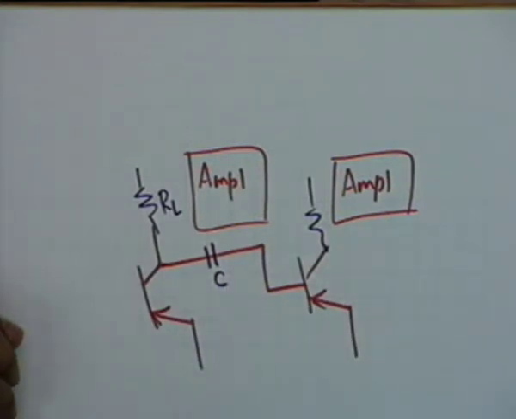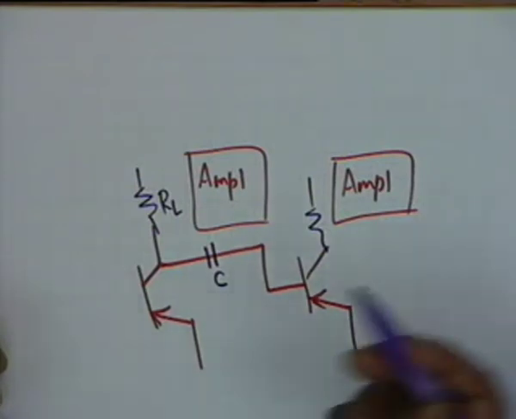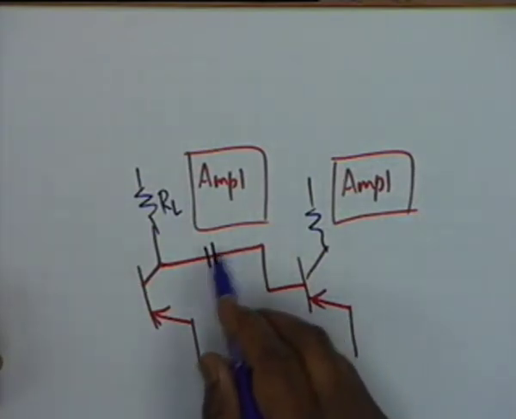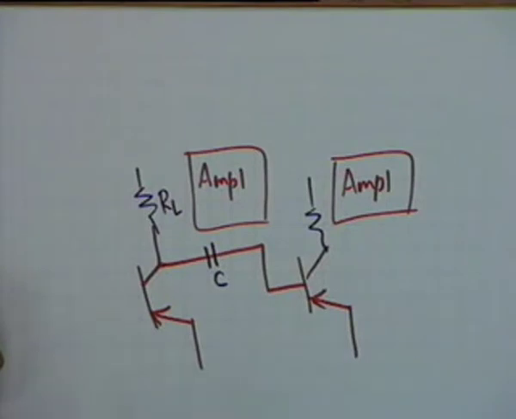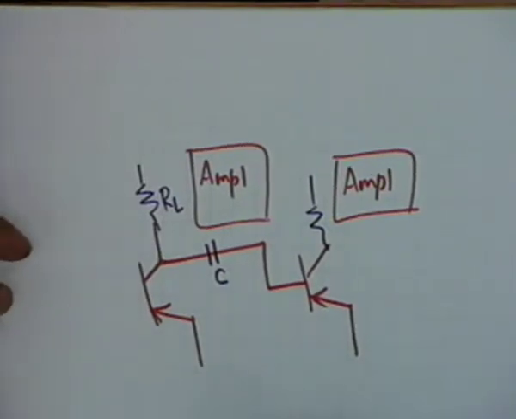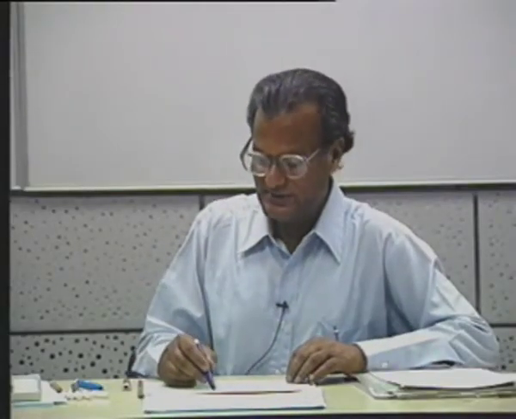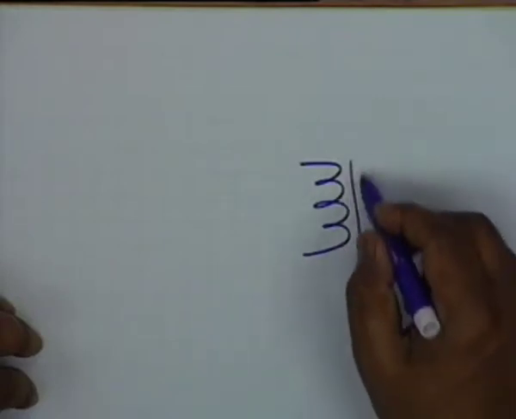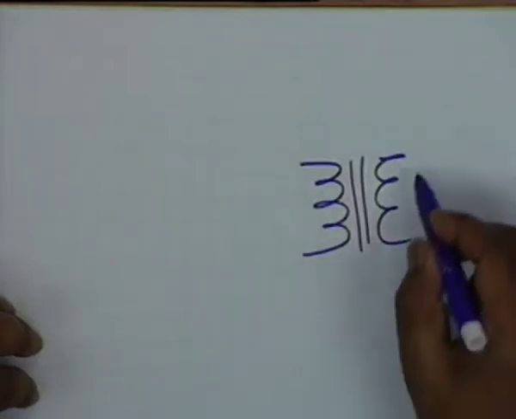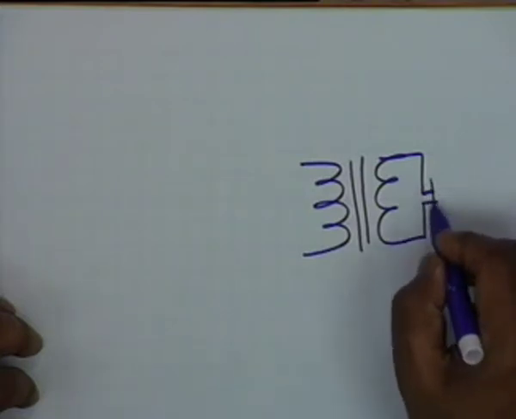All right. On the other hand, there can be other kinds of coupling. For example, if the capacitor is not there, then we call it direct coupling. It is not that direct coupling is not used, it is also used in some places. So direct coupling can be used, RC coupling can be used. One can also use transformer coupling, as is done, for example, at the last stage of a stereo amplifier. At the last stage of a stereo amplifier, the transistor feeds a transformer primary, the secondary of which is connected to the loudspeaker.